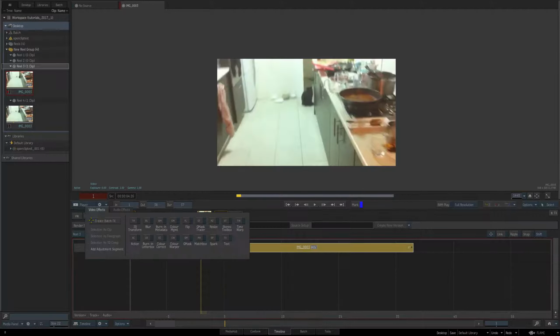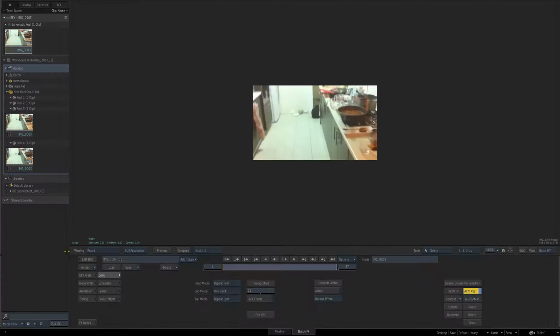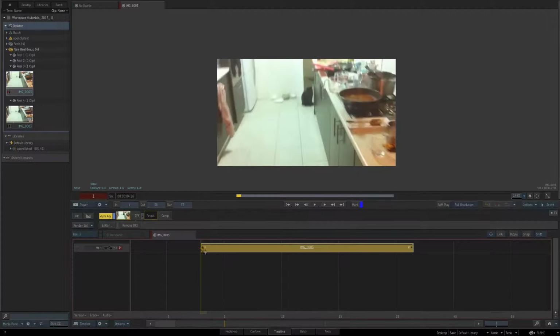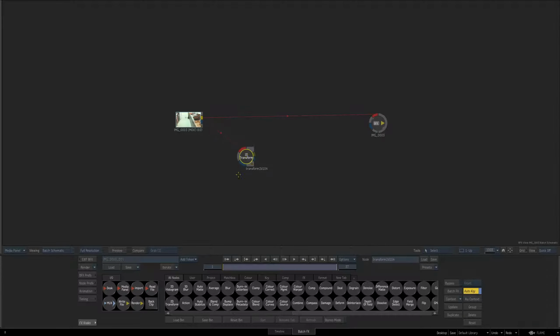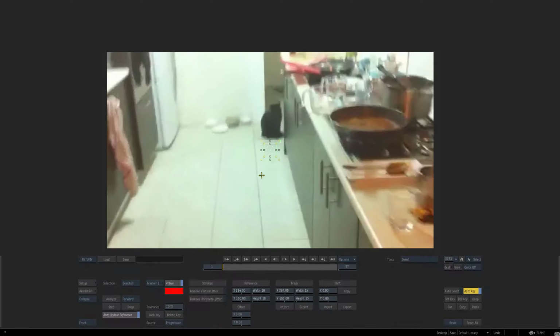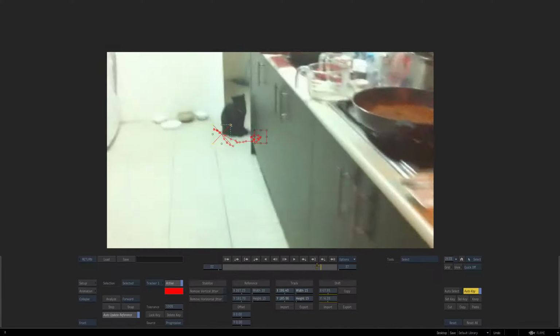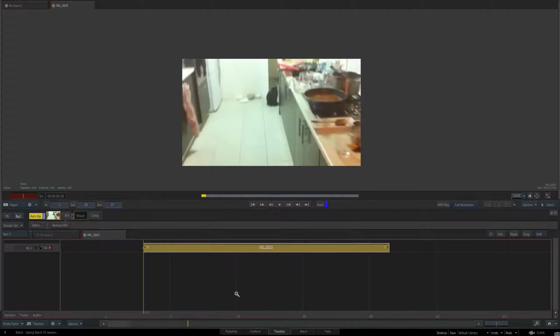So if I just promote this to batch effects, the first thing I'm going to make sure is this is on segment range. You see my start frame is 1. If I jump out though, the start frame is actually 15. Now what I'm going to do, just to prove a point of it is actually better now, if I go into the stabilizer here and let's just turn off tracker 2 and just make it about tracker 1, and we analyze forward, it's done the track, we jump out, but now say there comes an editorial decision, we need more